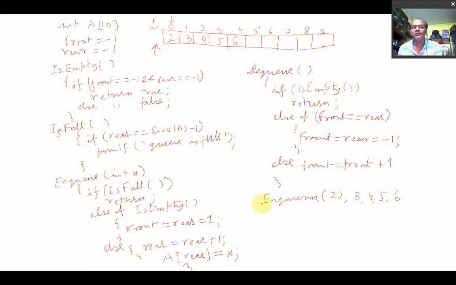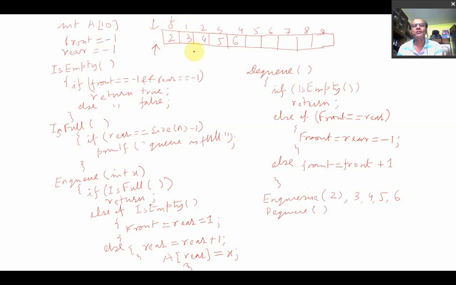After that, suppose the DQ operation is called. As the front address is now 0 and the rear address is 4, the front will be updated to 1. Automatically this will be there, but front will give the location of this position. That means this value for you is a garbage value.